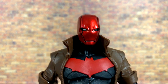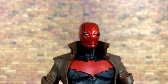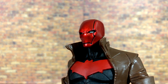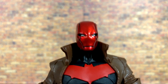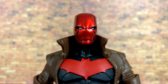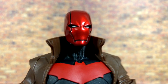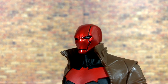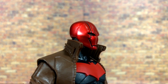I love the mild expression on the brow there. The black lines are really clean as well. The white eyes are actually sculpted into the mask itself, so there is a little bit of dimension to the eyes as well, and I just think that looks absolutely amazing. The line work for the mouth is also sculpted in there and painted very accurately. I love that candy red paint that they used for Red Hood's helmet. I think that just looks absolutely amazing and provides a really great